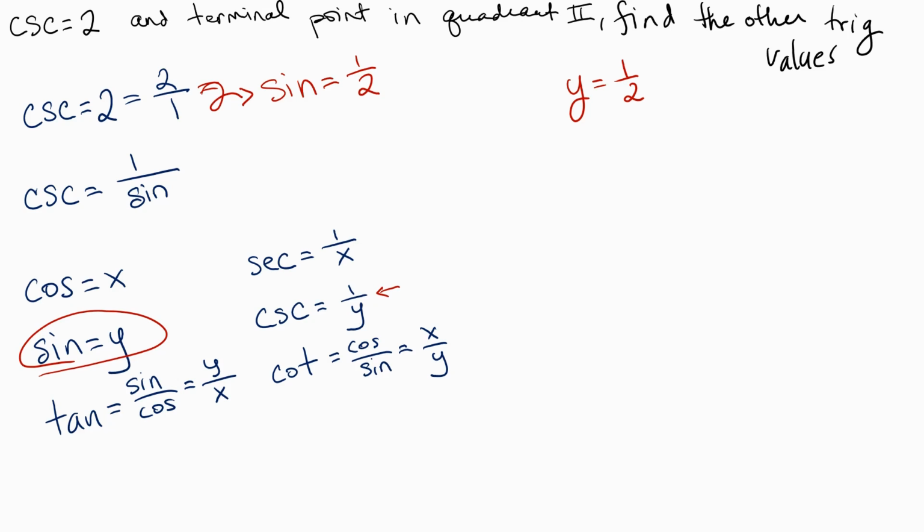So since we have the y value, we can actually find the x value, and the way we're going to do that is we're actually going to use the unit circle. Now, the piece of information that's critical here is we're told it's quadrant 2. So I'm going to draw a really teeny tiny quadrant 2 over here, just so we have a little bit to look at. Now, if I know that y is equal to a half,